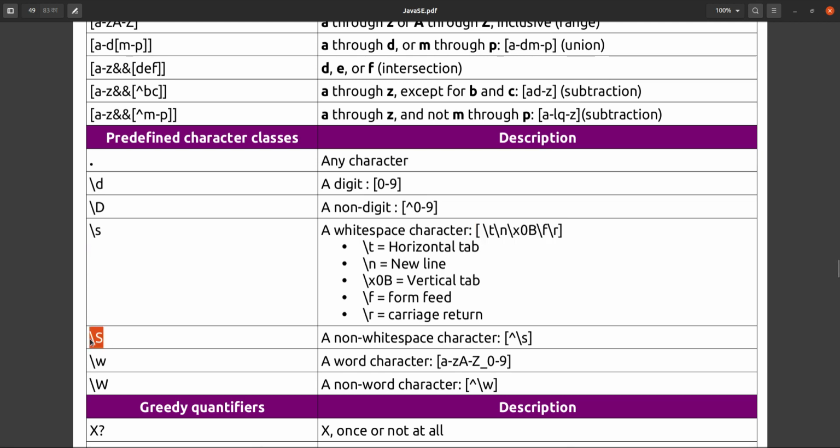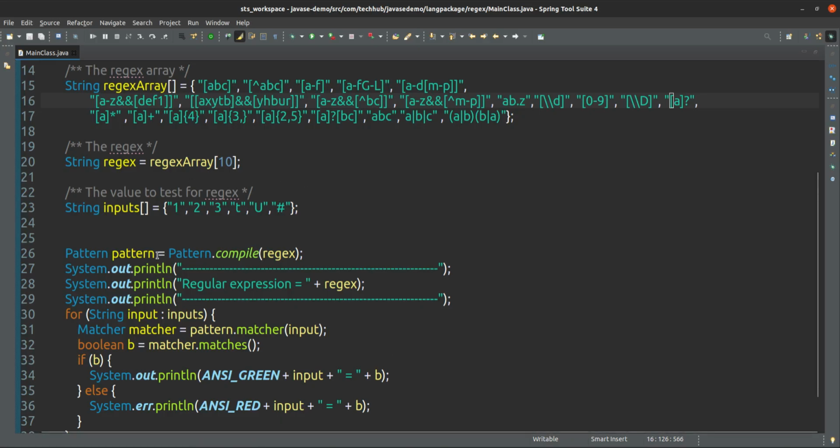If its s is in uppercase, then it is a non white space, any character that is not white space you can give. W stands for word, any word. Suppose here I am not giving that one, if you see, I will give that, okay, this is word. So next one is